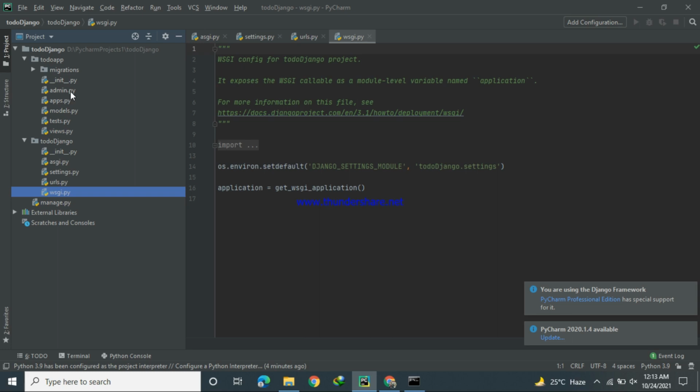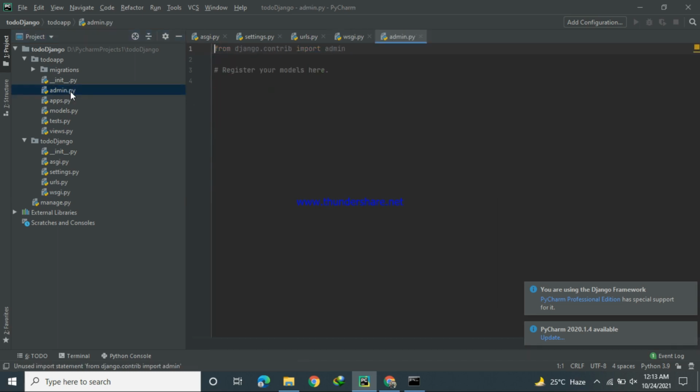First of all, admin.py is the file which contains the registration of models. I mean the models which we will write in the models.py file, some classes, and then we will register those classes, those models, in the admin.py file to show up in the admin site.